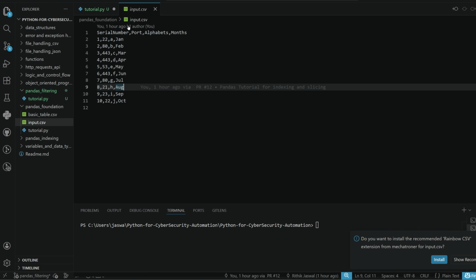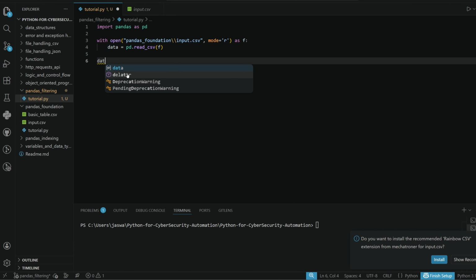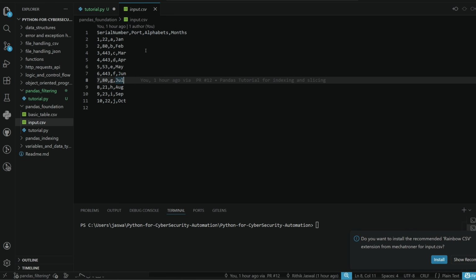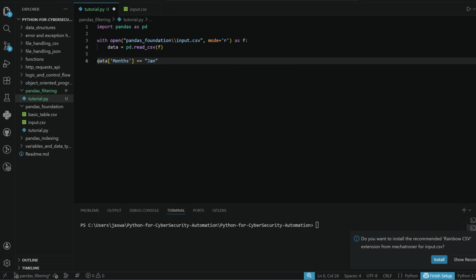So in this CSV, you can see in the month section, we have a list of months. Now, if I type data of months, as you know, this references the entire column. But if I do a comparison operator and write Jan, what do you think will happen? It will check the entire column to see whether the value is Jan or not. So if you print it out,